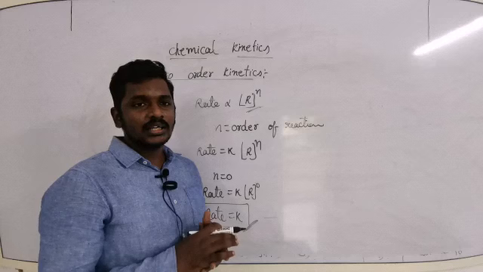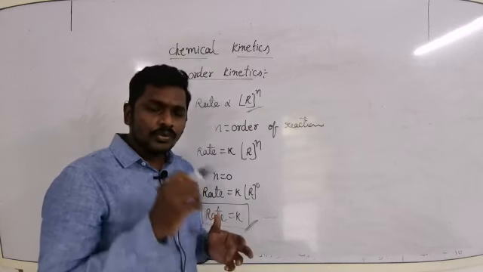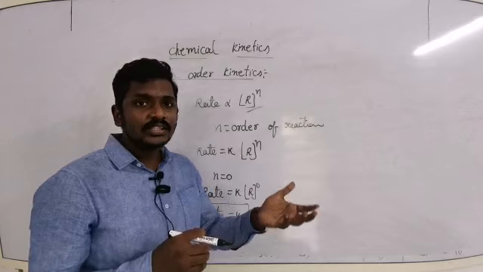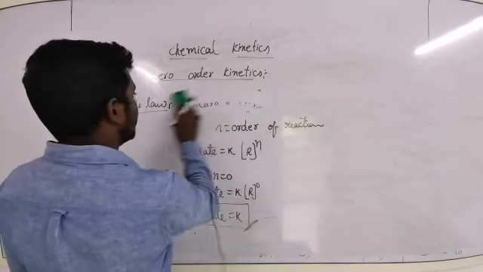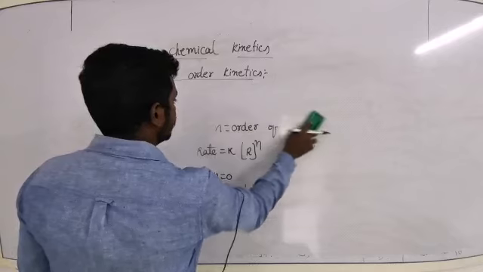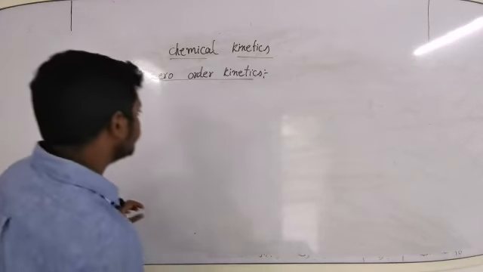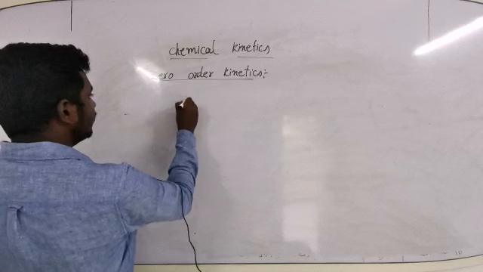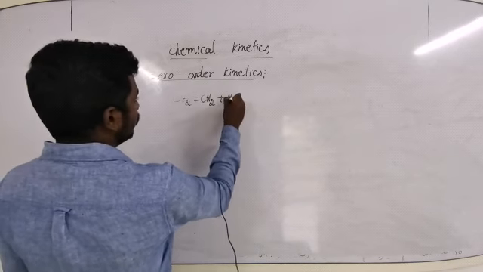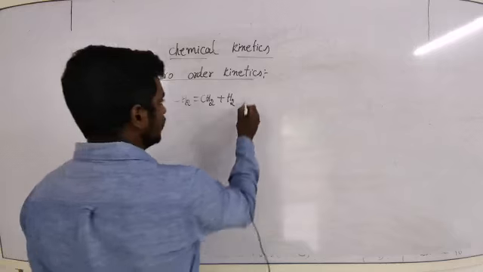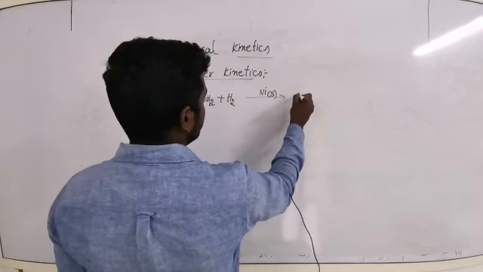Not all chemical reactions are influenced only by the concentration of substances. A few chemical reactions are influenced by a catalyst. For example, I will take the hydrogenation of ethylene. Take ethylene reacting with hydrogen. Both of them are gaseous in state. In the presence of nickel as catalyst, it forms ethane.